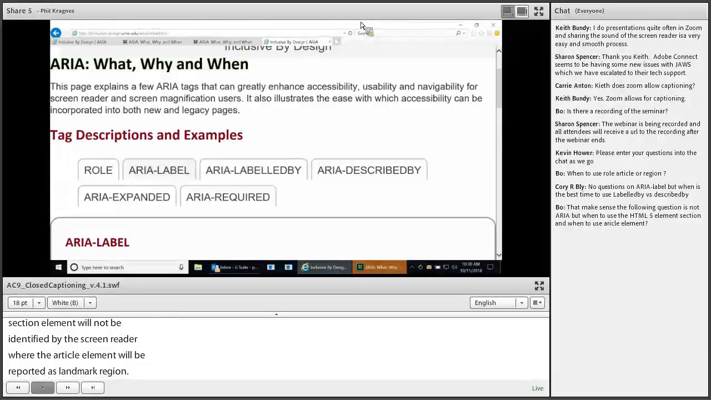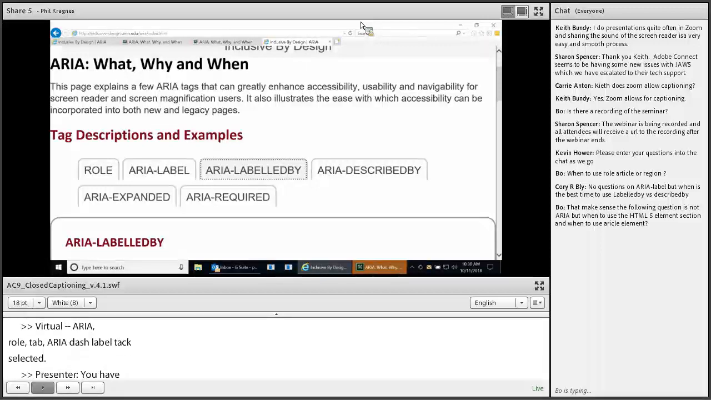We'll jump. No prior headings at level 1. Virtual P. No prior heading. ARIA: what? Role tab use JAWS. ARIA dash label tab selected. ARIA dash labilete tab. You gotta love the way the screen reader pronounces some of these things. You'll notice there are two L's,